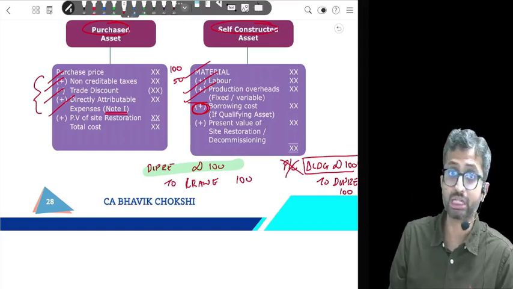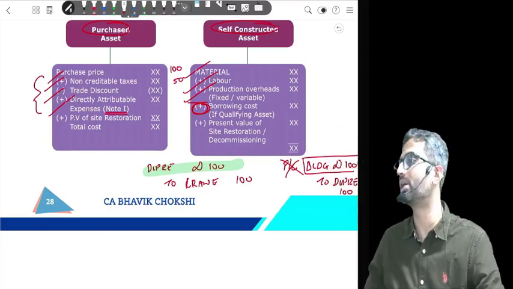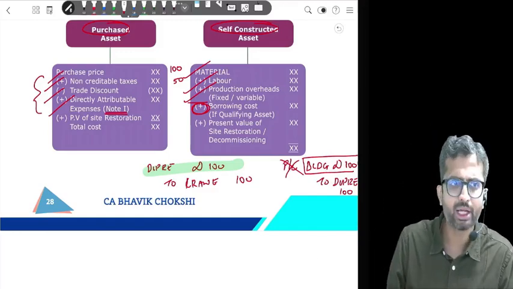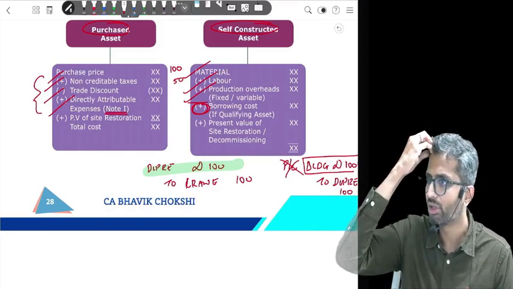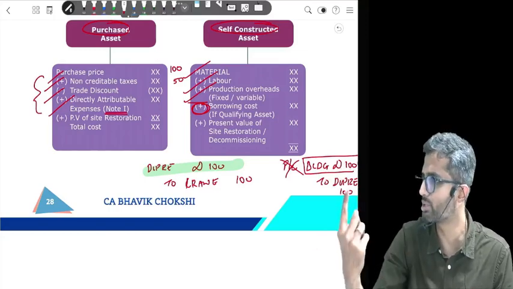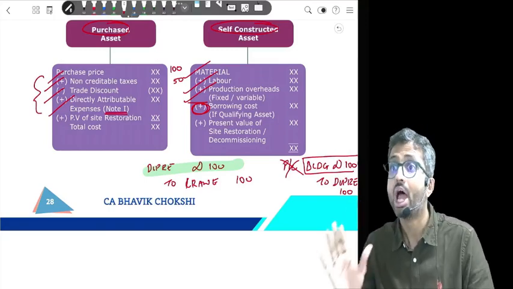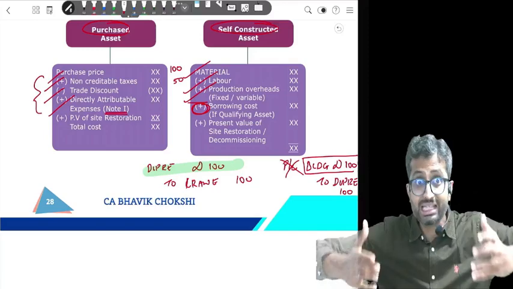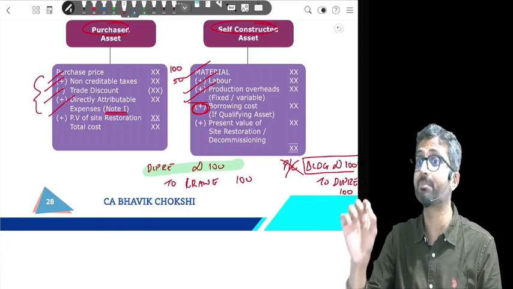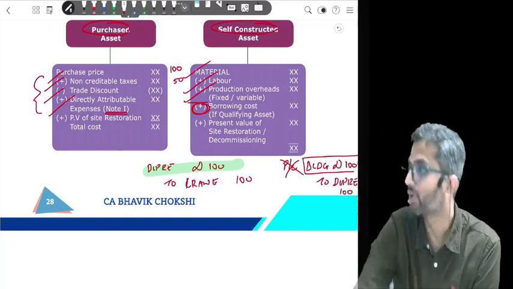But why has the standard told us? Remember, because ideally, interest cost should never be capitalized. It's not about qualifying or non-qualifying. It should never be capitalized. Why? In CA Inter, remember you have done cost sheet. You have done a chapter where there is a reconciliation between financial accounts and cost accounts. Always in that reconciliation you will find finance cost, interest cost. Cost sheet says finance cost is never a cost to construct an asset. So as per generally accepted cost accounting principles, interest cost will never come in your cost sheet.